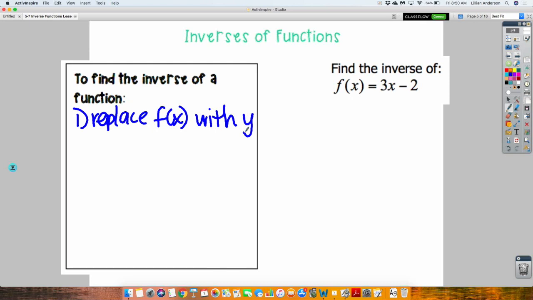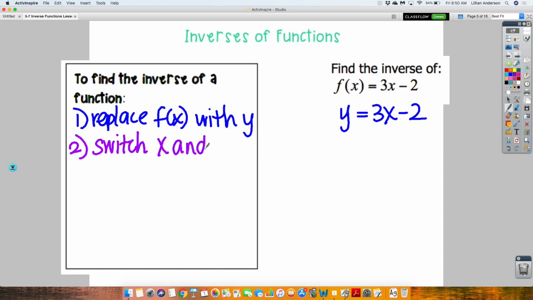That's step number 1. So I'm going to take f of x, I'm going to replace it with a y. That's pretty much what f of x is anyway. F of x is y. Now my second step, I'm ready to find the inverse. So I need to switch our x and y. So literally where they're placed, you switch them. So instead of being y equals 3x minus 2, it's going to be